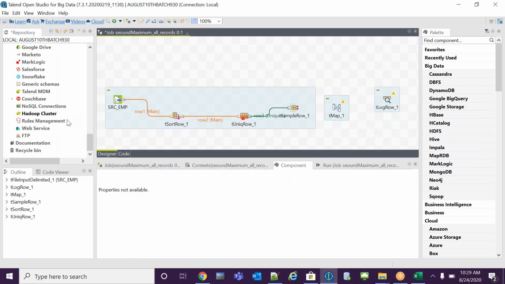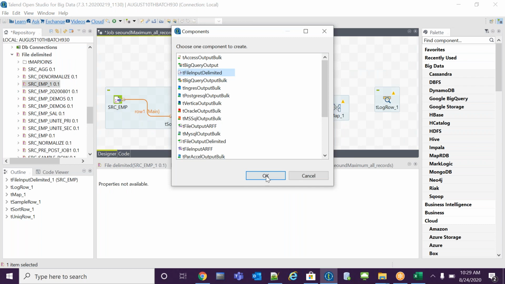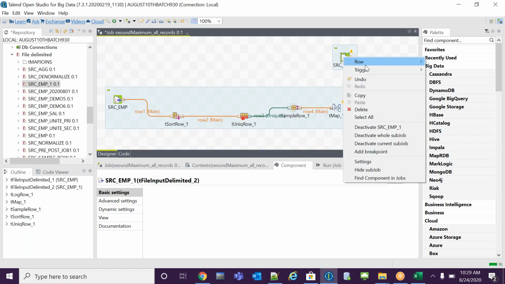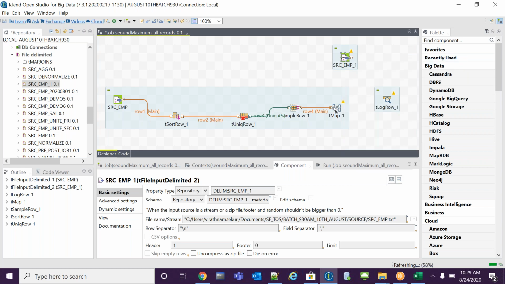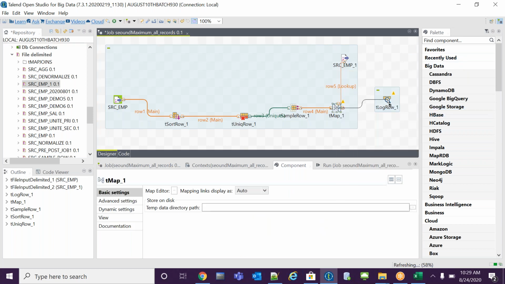I have to take the source again, because I want to get all the records. tFileInputDelimited. Okay, I can give the link, map the reference link, and give the target link.